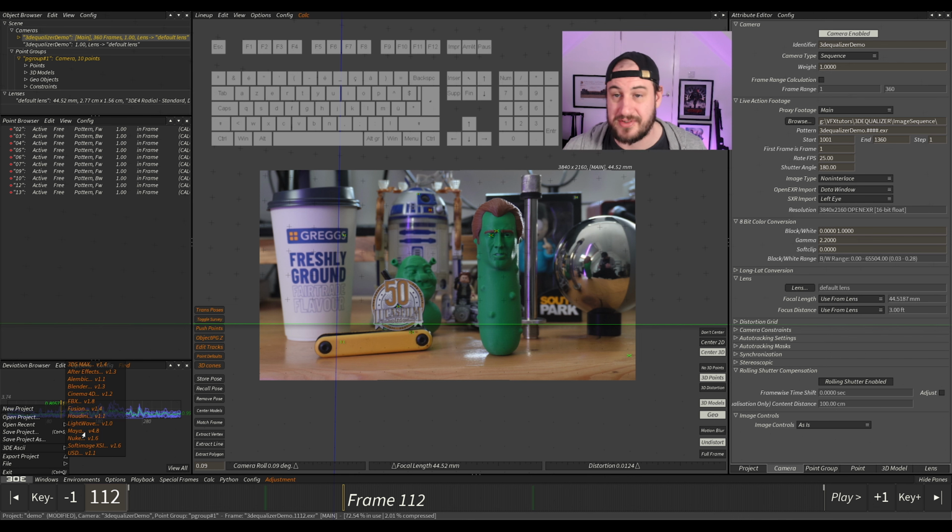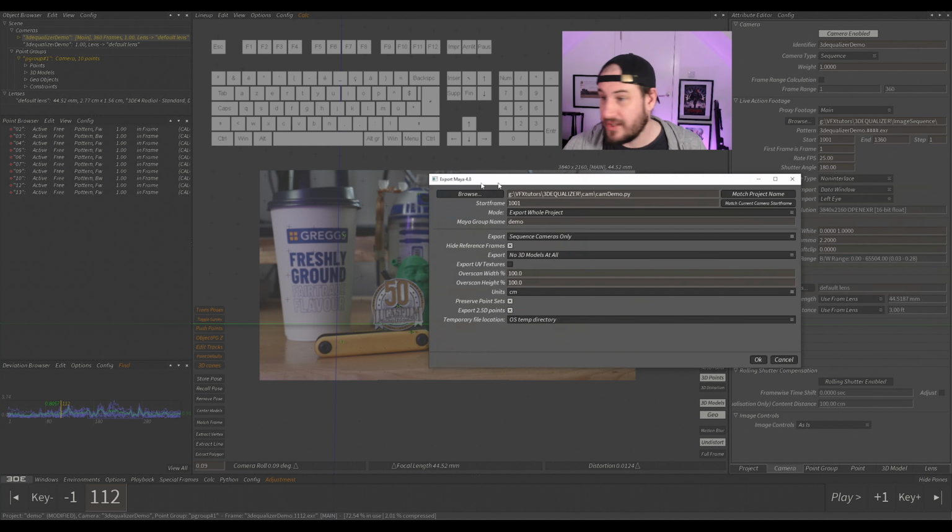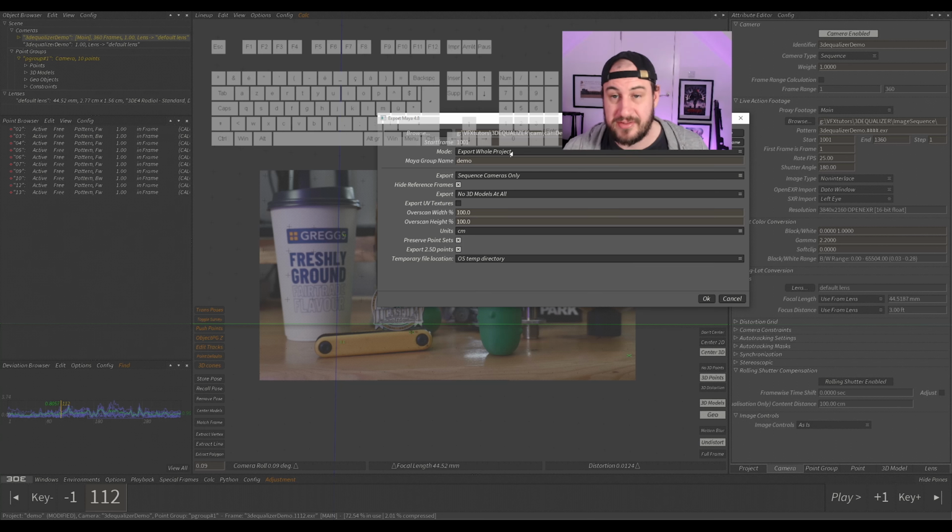I'm going to do it as Maya because that's what I use. So I'm going to select Maya and it's going to come up with this window. So it doesn't do the same export as it was before. It's the Python export and it will do it for the shelf in Maya. So I'm just going to go browse